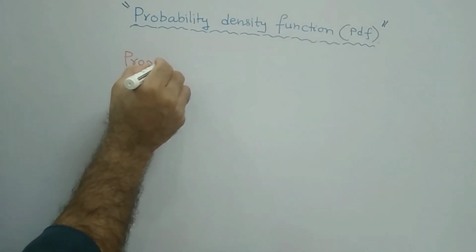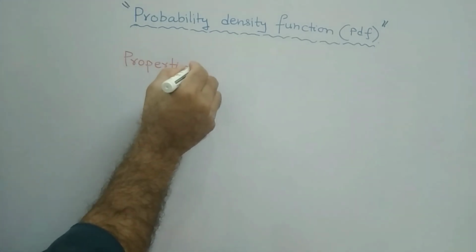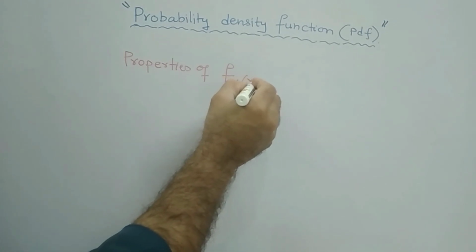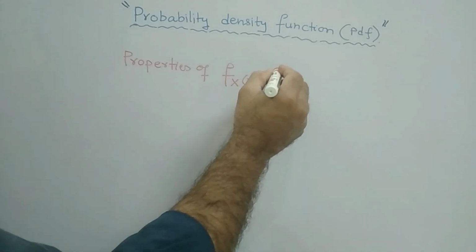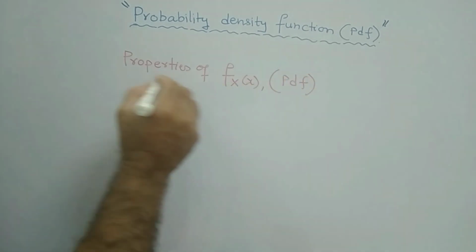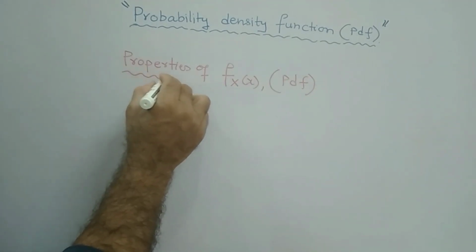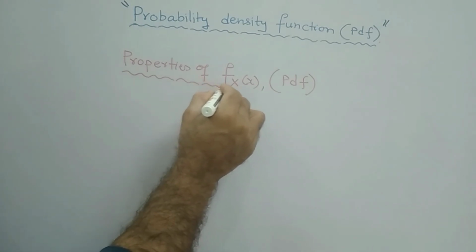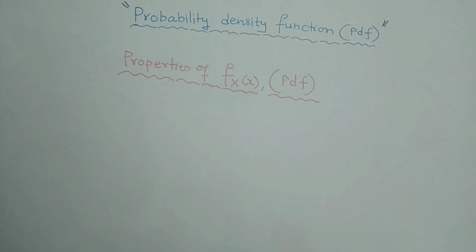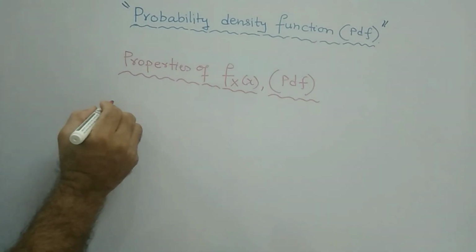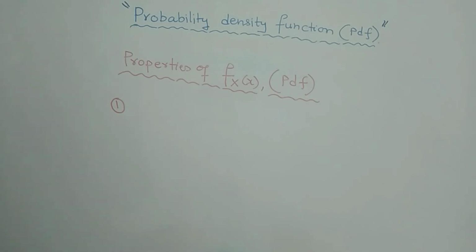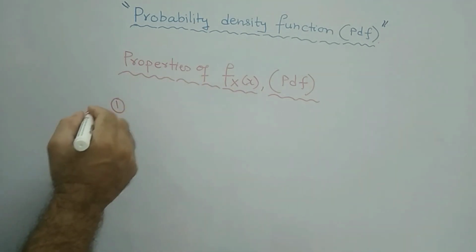Properties of small f x of x, that is nothing but your small PDF, probability density function. Wherever small f comes in a problem, remember that it is a density function, not a distribution function. Never confuse them. Then the very first property is that the PDF of any random